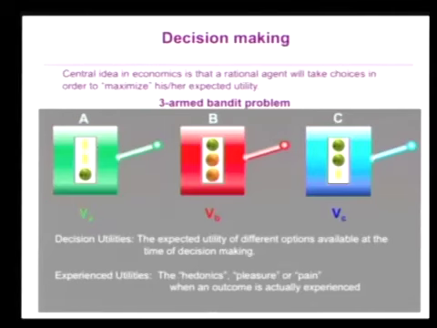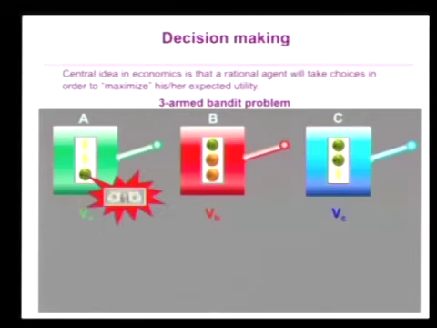Now, the other thing that has to happen before you even have an expected utility is you need to be able to understand that some things are rewarding and other things are not. So clearly what's rewarding in this case, I should go back here, is winning the money, right? There could be other flashing things going on in the slot machine that probably aren't that relevant and not rewarding. What you really want is to be able to discriminate things that are rewarding from those that are not, those things that have utility and those things that do not.